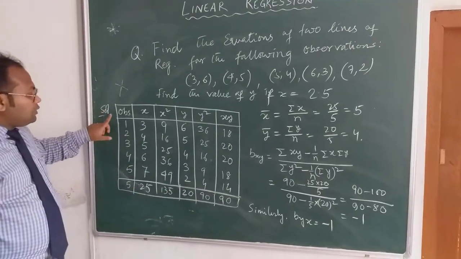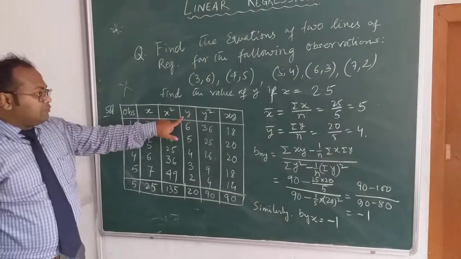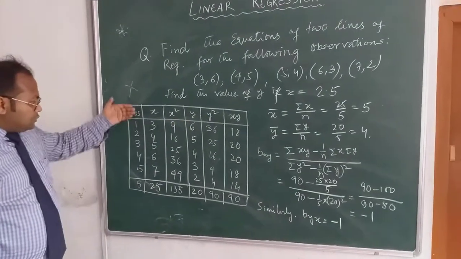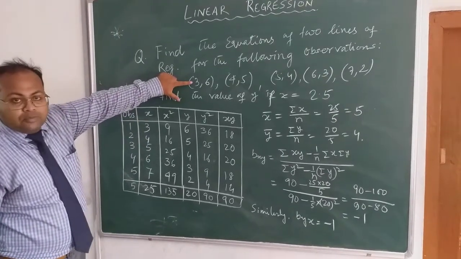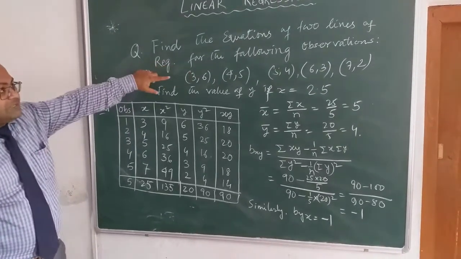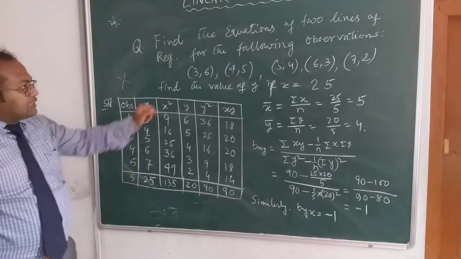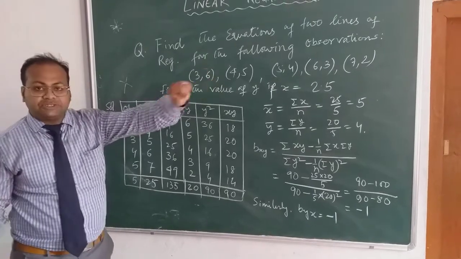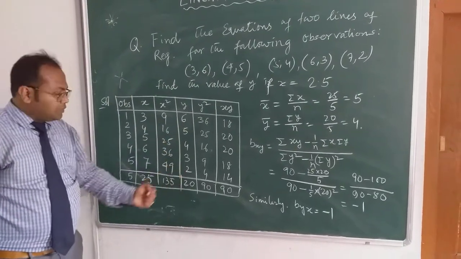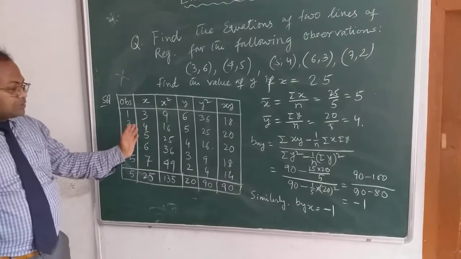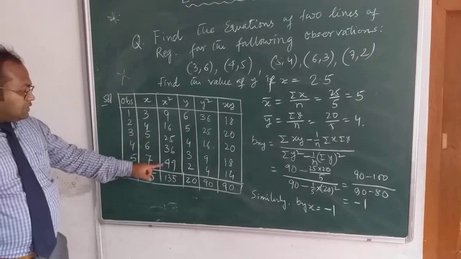So see, here we have the table. So this is observation, x, y, x square, y square, xy. So if these all are the data, x means the first component, 3, 4, 5, 6, 7. See the first components. These all are the observations of x. And see the second component. Second components are the observations of y. So in the y column, all the second components are written. Okay. Now x square. So definitely the corresponding values will be squared. So 3 square, 9, 16. Similarly, all these are given.